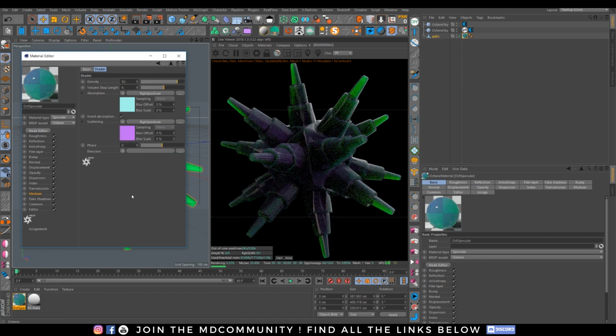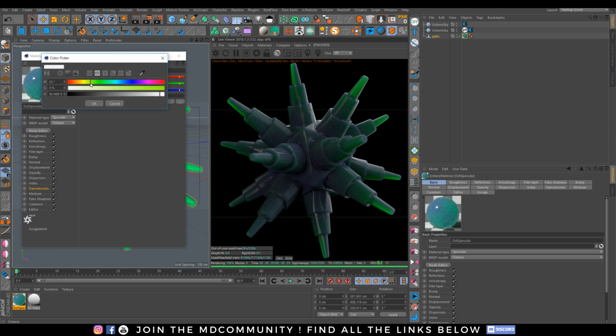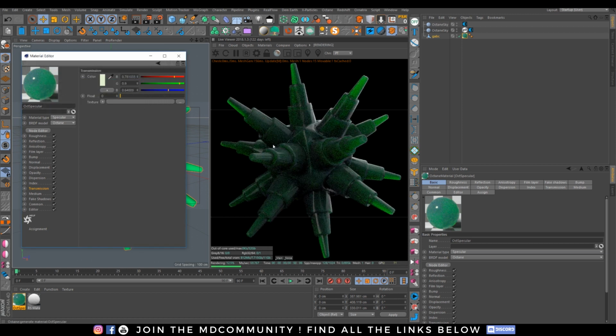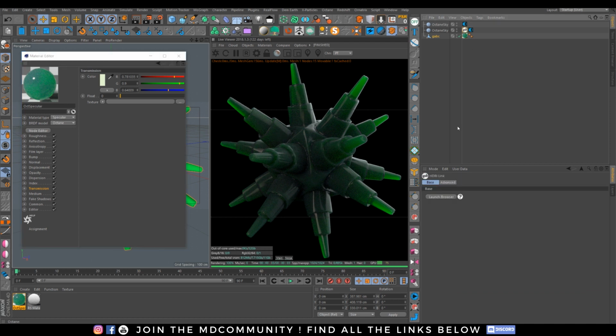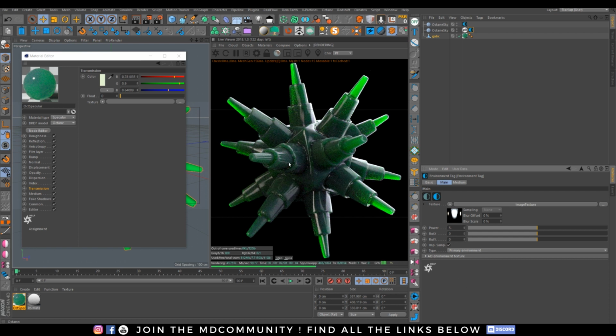I will have less density. I can play a bit with roughness to get something a bit more like a jelly. And again, if I want more color, I can add a bit of transmission to really have something more colorful. And again, you can play with the HDRI to get something nice. You can just change the HDRI to change the way it looks,